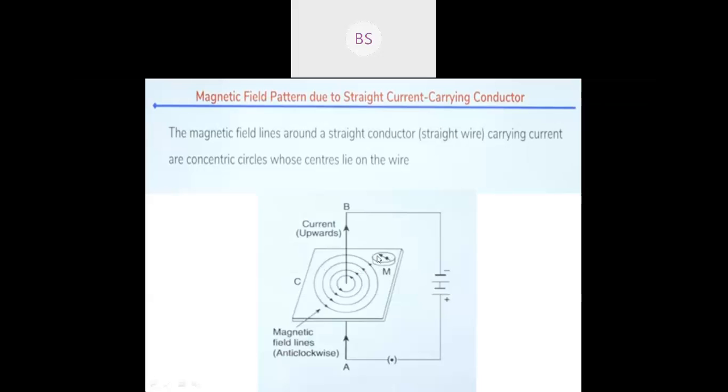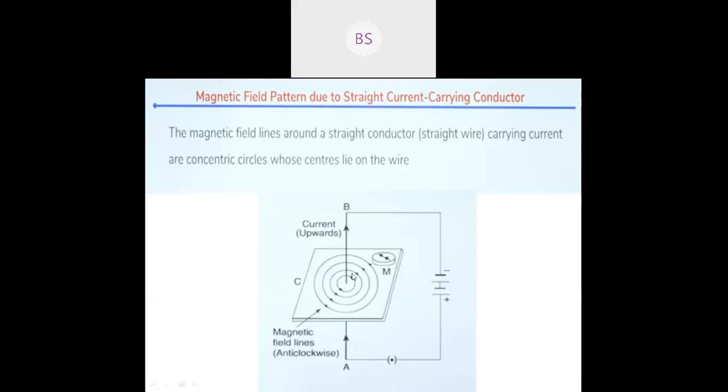So, clear about the second observation? Will the direction of magnetic fields change or not? Yes, ma'am, the magnetic field pattern will be as it is. But I'm asking about the direction of the magnetic field lines. Pattern will be same, ma'am. But will the direction of magnetic field lines be same or not? See what they have given in the second point. You're asking about the direction of magnetic field lines; you will understand that when you study the right hand thumb rule. We will study that later. Just the first two observations you have to know first.